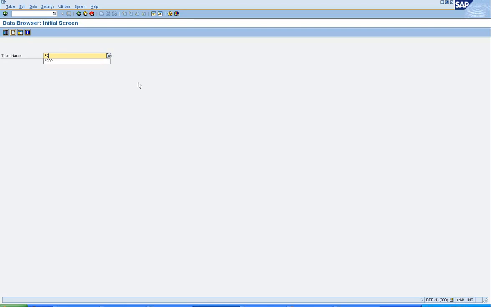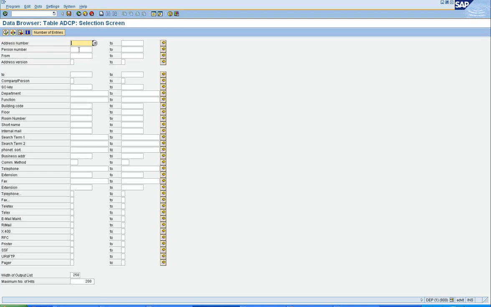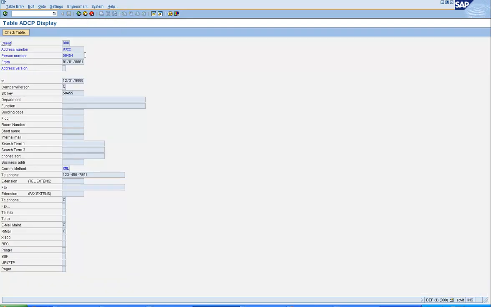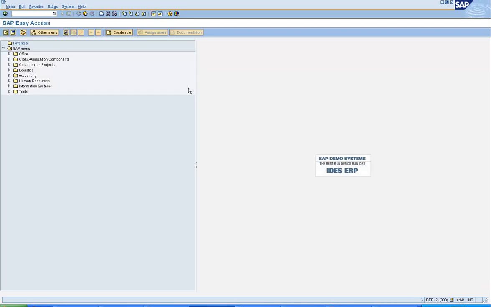So in SE16, let's enter the table name ADCP, enter the person number and hit execute. You see the person number and you have the telephone number here. Now let's confirm this in SU01.